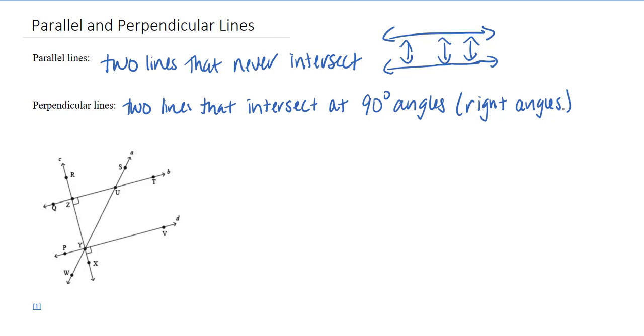So we can see right here, this line and this line, that they're parallel because they're never going to intersect. They just seem to be going on at the same kind of slope, or the line that just kind of slightly slants up, right? That's what I mean by slope. So how we would show this for parallel lines,